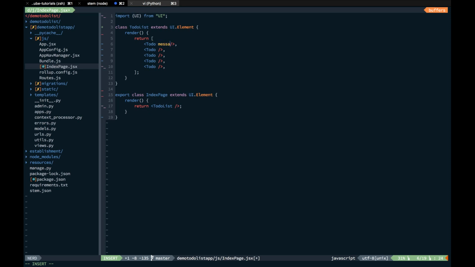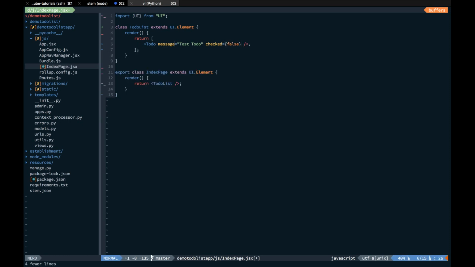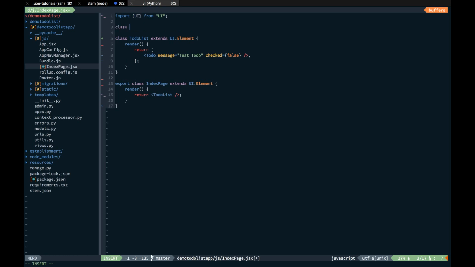So let's say for this message test to do and is checked, or just simply checked, equals false. And let's just create a to-do class. So class to-do extends UI element